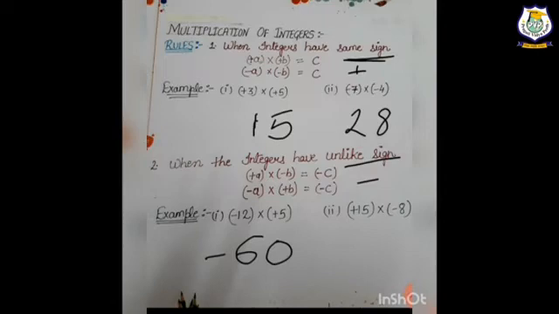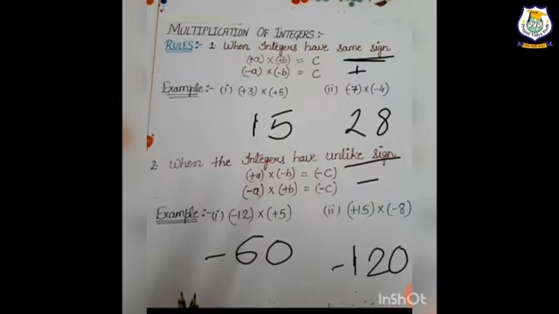Here we are not following that rule of putting the sign of whichever number is greater. No, if one number is positive and one is negative, then in multiplication definitely the answer will come with the negative sign. Now the second one, 15 and 18. 15 multiplied by 18 is 120, right? And one is positive, one is negative, then also our answer will come with the negative sign.